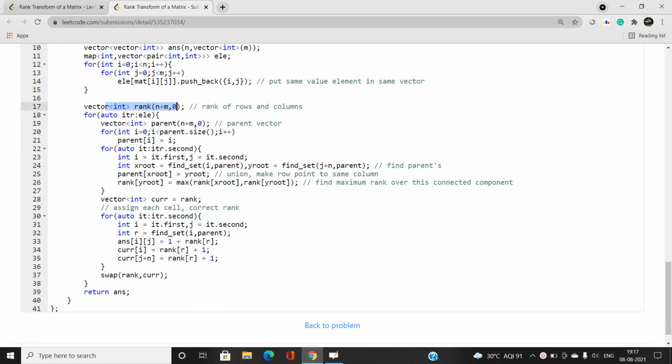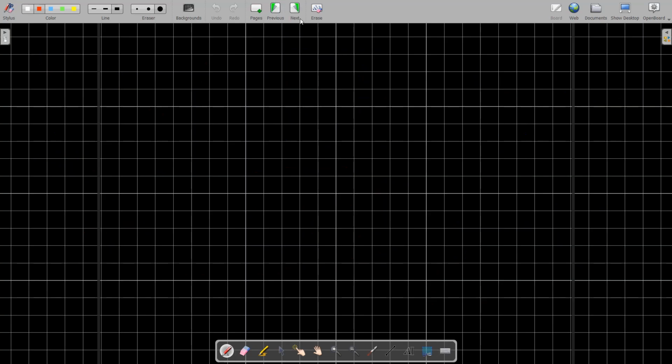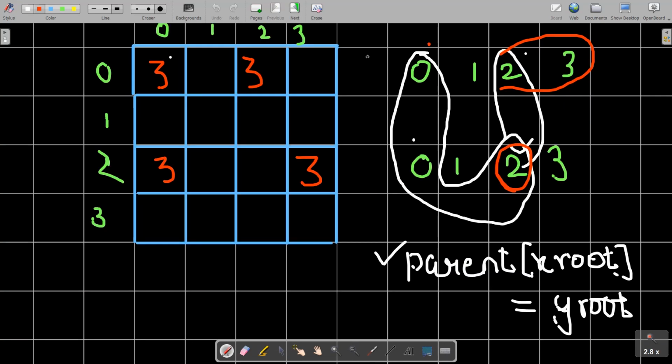Now you can maintain, like here I have explained, where is that page? I don't know. Yeah, here it is. What I have done is, you can see I have the row numbers separately, like we have the row numbers 0, 1, 2, 3, and I am going to map all these. Like here, if you are having 0, comma 0, then what I have done is joined these two. Okay, and I am going to maintain the column numbers in a different vector. You can see 0, 1, 2, 3. Okay, but you can optimize this one by taking them into the same vector.